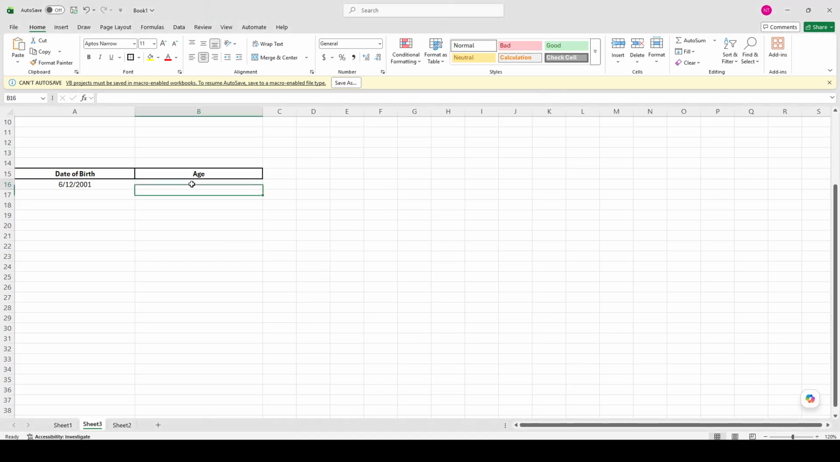This is the cell where Excel will display the final result, so make sure you choose the correct spot before entering the formula. Next, type =DATEDIF open parenthesis on your keyboard. The DATEDIF function is used to calculate the difference between two dates. In this case, you are using it to find the number of full years between a birth date and the